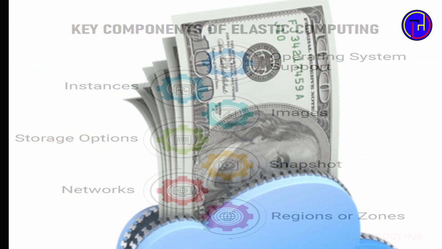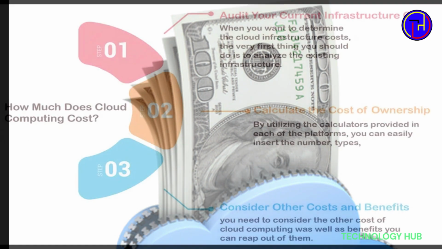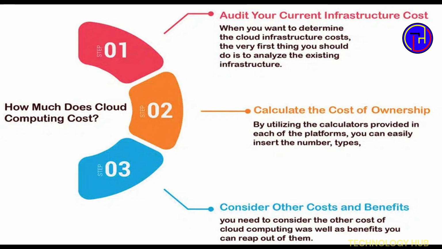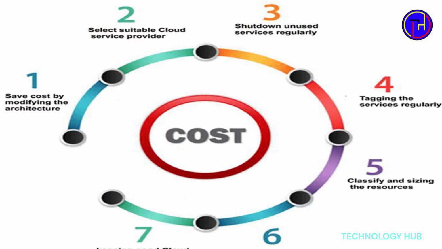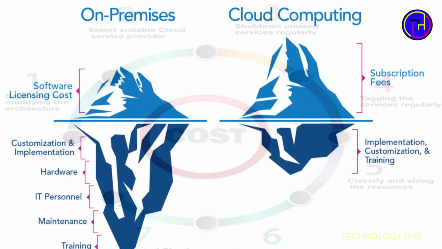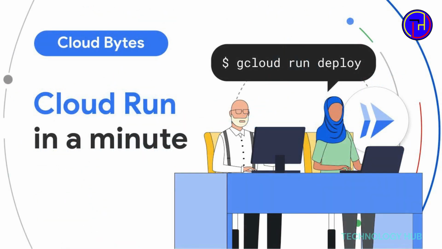Cost efficiency. The cloud allows you to trade fixed expenses, such as data centers and physical servers, for variable expenses and only pay for IT as you consume it. Plus, the variable expenses are much lower than what you would pay to do it yourself because of the economies of scale.